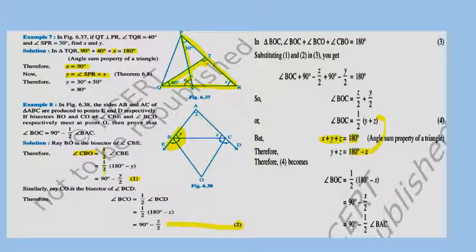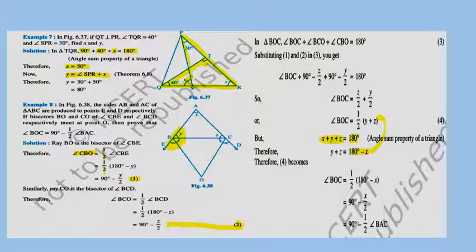Now we will see some problems which are based on the property of triangle, that is angle sum property of triangle and exterior angle property of a triangle. Here is the example. If you will see here, angle TQR equals 40 degree, angle SPR equals 30 degree, and you have to find the value of X and Y. Now if you will think about the triangle